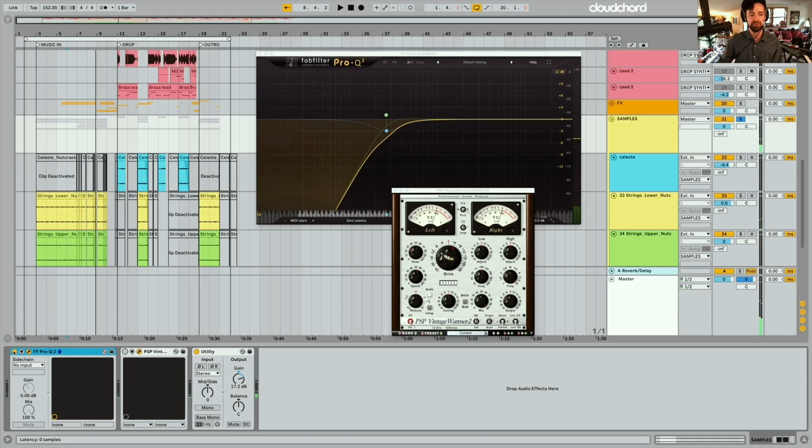Now without those plugins, obviously the utility makes it much louder. And with this being a trap and EDM thing, I didn't need all that low end. And that Vintage Warmer gives me a little bit of crispness on the top end and the high mids.